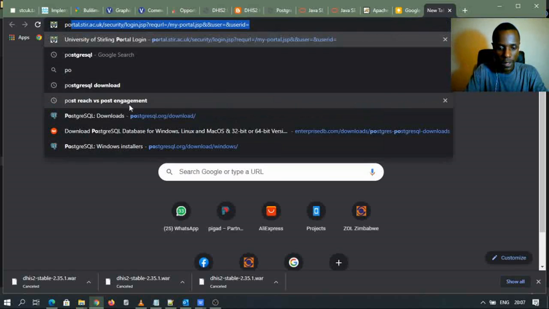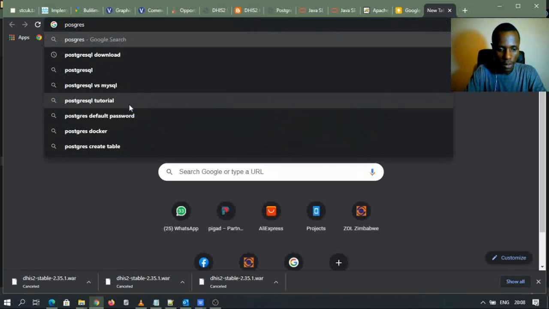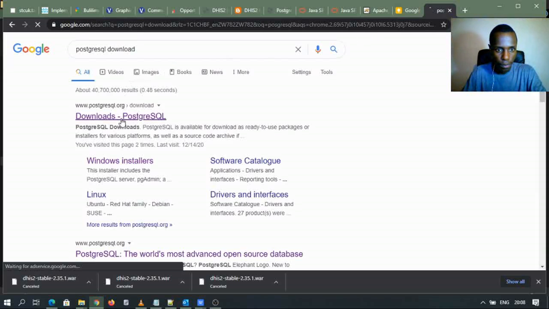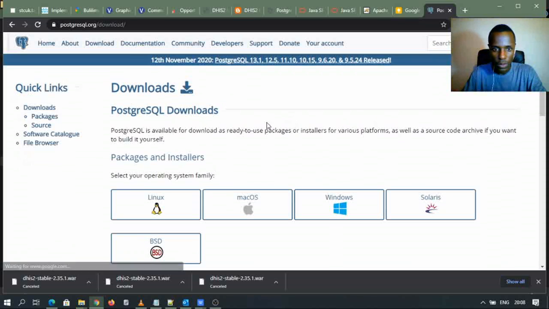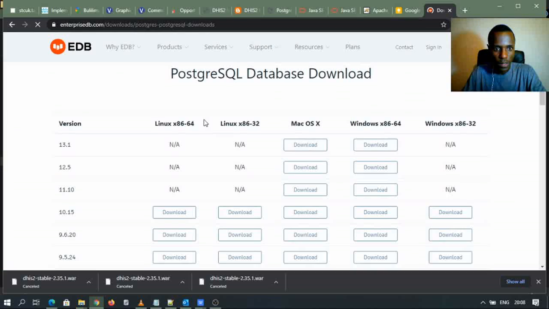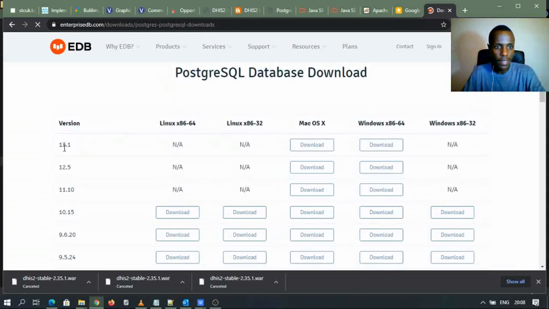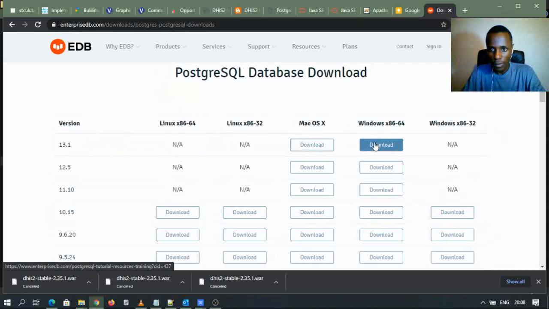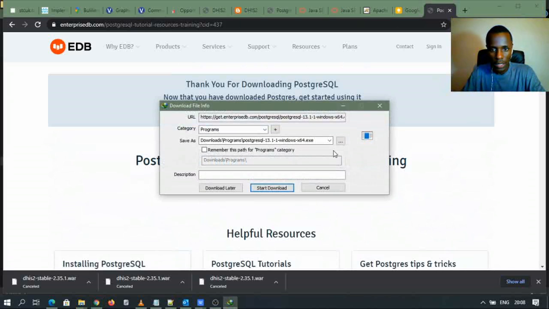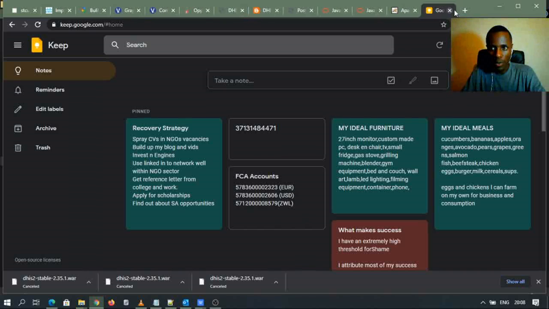We need the PostgreSQL download, PostgreSQL database. Then we select our platform, which is Windows. Download the installer. Then we select the latest version of PostgreSQL database, which is 13.1. It's both 64 and 32-bit system. We hit download. And we download that. Then secondly we will need the